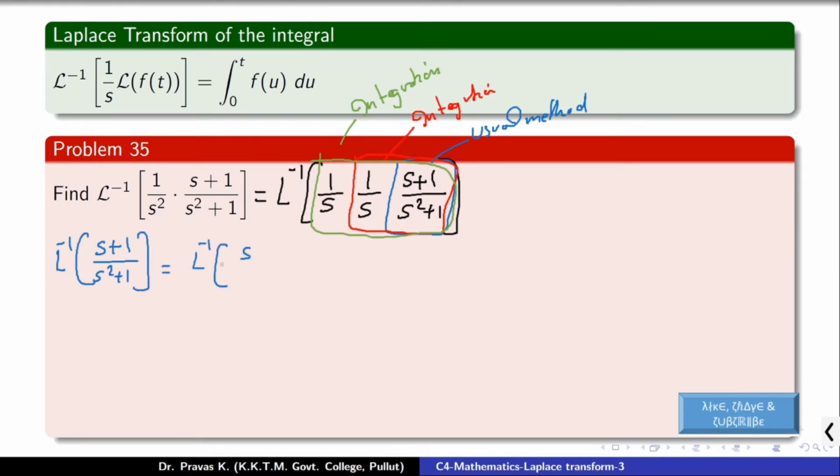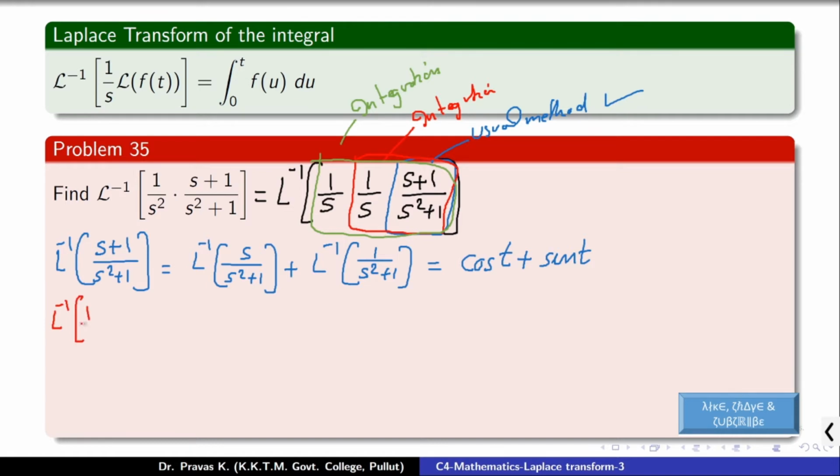Here by splitting it into two parts, we will get it as L inverse of s by s square plus 1, which has an inverse Laplace transform of cos t, and plus L inverse of 1 by s square plus 1, which has the answer sin t. Therefore cos t plus sin t is the answer for the inverse Laplace transform of s plus 1 by s square plus 1. Now since you have a 1 by s prefix to this problem, you can obtain that answer by just integrating